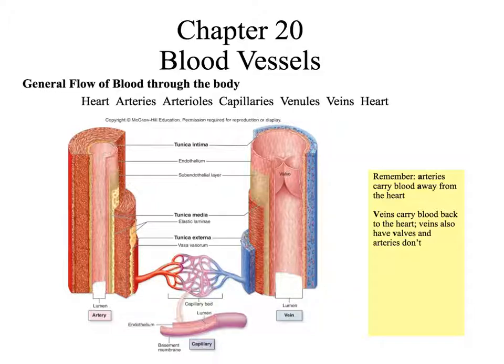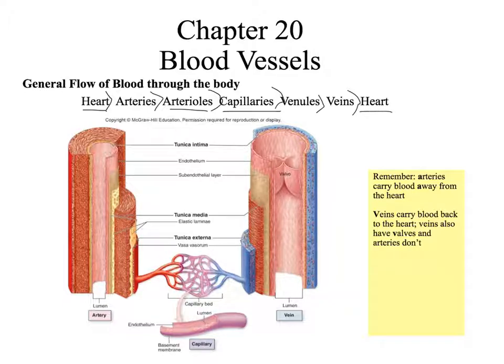Okay, so to go back to review, the general flow of blood through the body. If we start at the heart, we'll go to the arteries, and then we're going to go to arterioles. Arterioles are like baby arteries. From there, we're going to go to capillaries, and that's where gas exchange will take place. Then the blood's going to return to the heart through venules, and then veins, and then it'll be back to